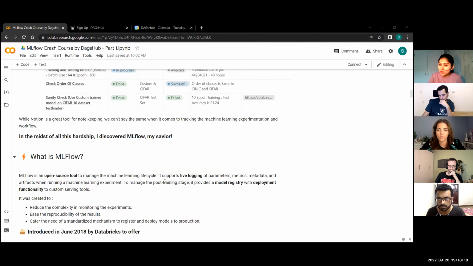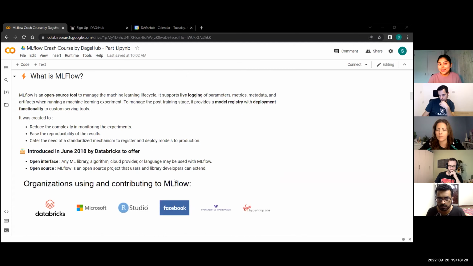So now that we know why we need MLflow, I think it's time to introduce what is MLflow. So MLflow is an open source tool to manage the machine learning lifecycle. It supports live logging of parameters, metrics, metadata, and artifacts when running a machine learning experiment. To manage the post-training stage, it provides a model registry with deployment functionality to